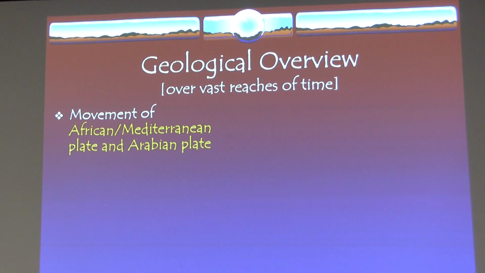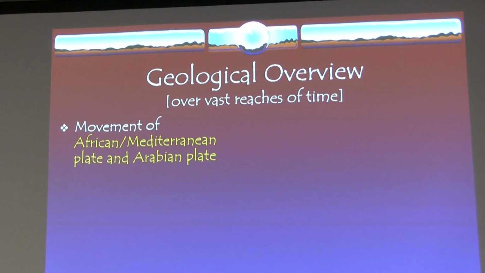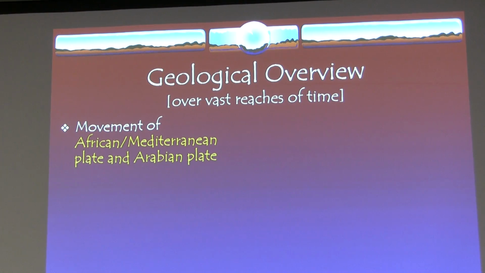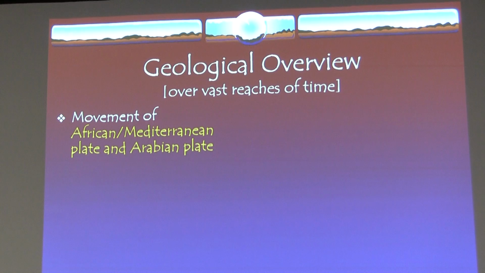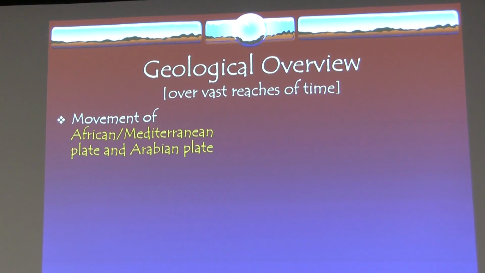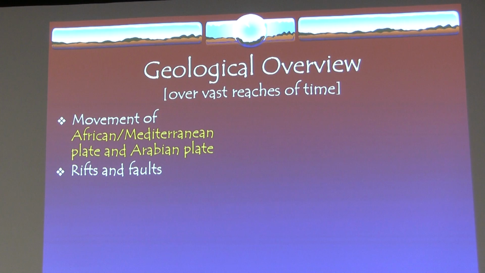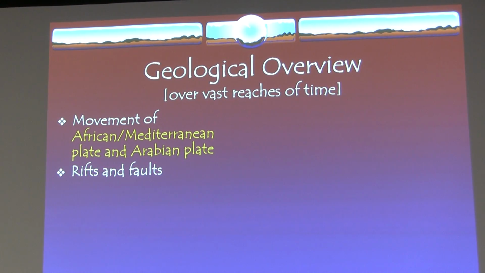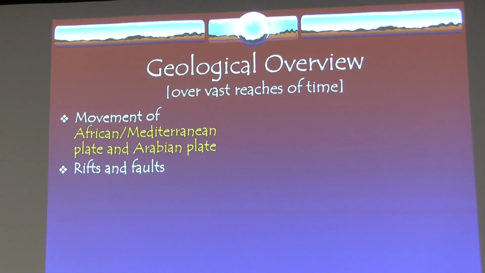First of all, as we think of all of our globe in which we are privileged to live, there are continents, and they're made up of plates of shifting material. So in the area we're talking about, we have an African Mediterranean plate and an Arabian plate, and those actually are moving in different directions. By the way, I know I'm being terribly oversimplifying at this point, but it's enough for us to get the implications of this.